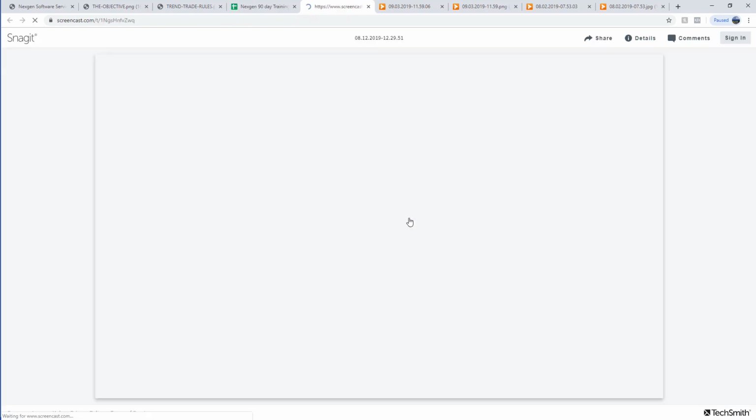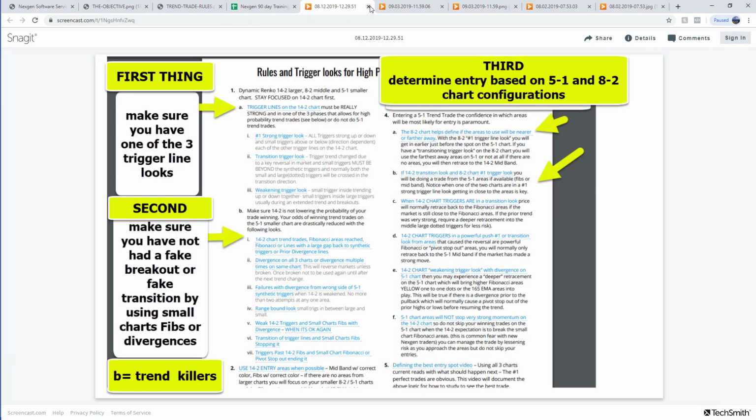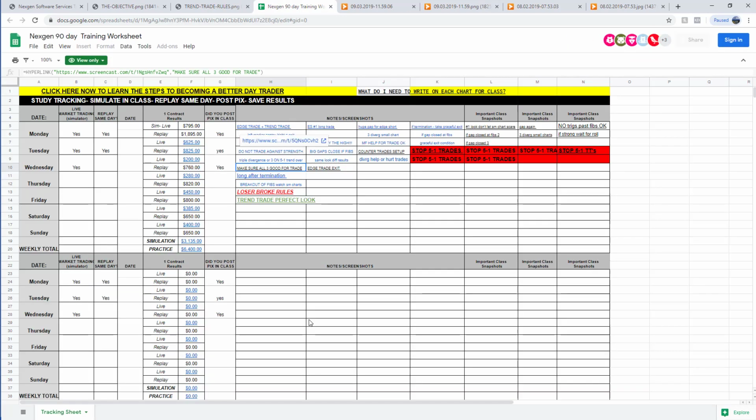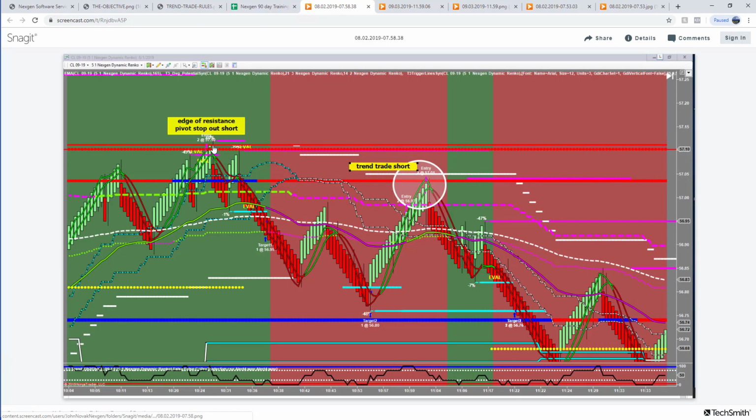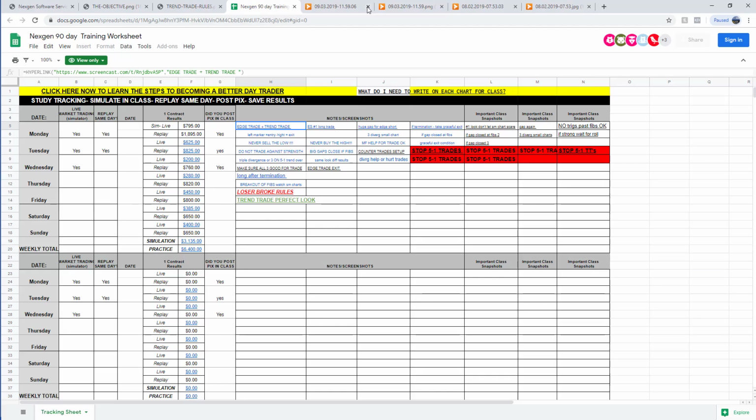And when you get the winning trades, again, I've said the same thing 5 million times. When are you going to do the trade? Why are you going to do it? Where are you getting in? Why are you getting out? Granted, this one doesn't have 3 charts, so I have my own rule broken here, but you guys get the idea. And you could just write trend trade short. You don't even have to get too fancy. Edge of resistance, pivot stop out, trend trade short. Look, once you know the rules and you can do a lot less work. You can take a quick picture and say, rules are good, rules are bad, all 3 charts, done. If you lose a trade